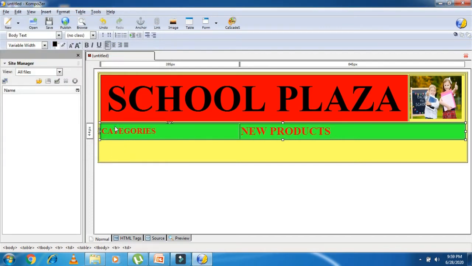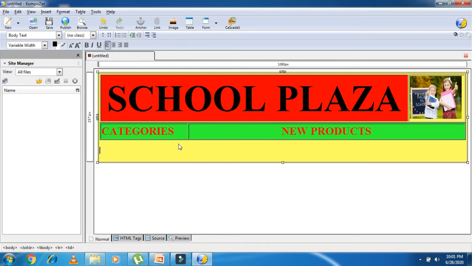Now here you have to set the table size. For this table, you can see the table is divided into two columns, so from here you can adjust this size. If you want to keep it center, select the center option.